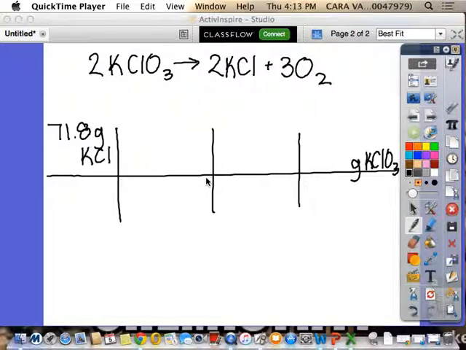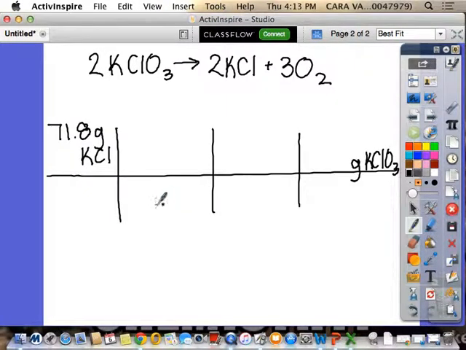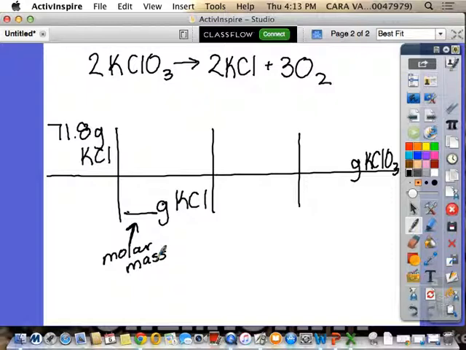So as always, we're going to start by writing down what we're beginning with and what we're ending with. And the next thing we're going to do is drop down. We've got to get rid of grams of KCl, so we're going to drop down grams of KCl. Anytime you see grams here, guys, remember the only possible value that can go there is the molar mass. And this is where you've got to be careful that you calculate the correct molar mass. And in this situation, it would be